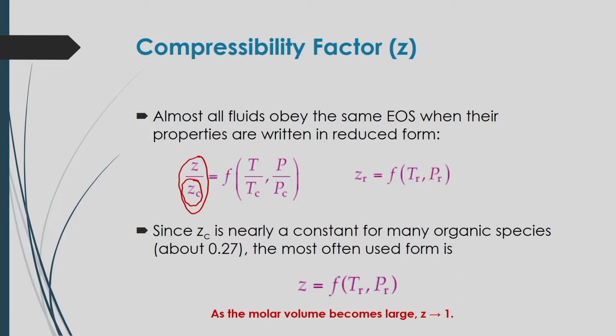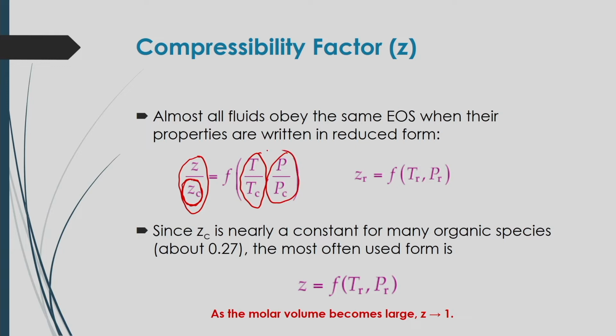So, that point of temperature and pressure will be regarded as the critical point. If you express the compressibility factor based on that critical condition, it will be denoted by Zc. So, Z by Zc will be regarded as the reduced form of the compressibility factor. This reduced form of the compressibility factor will be a function of the reduced form of temperature and the reduced form